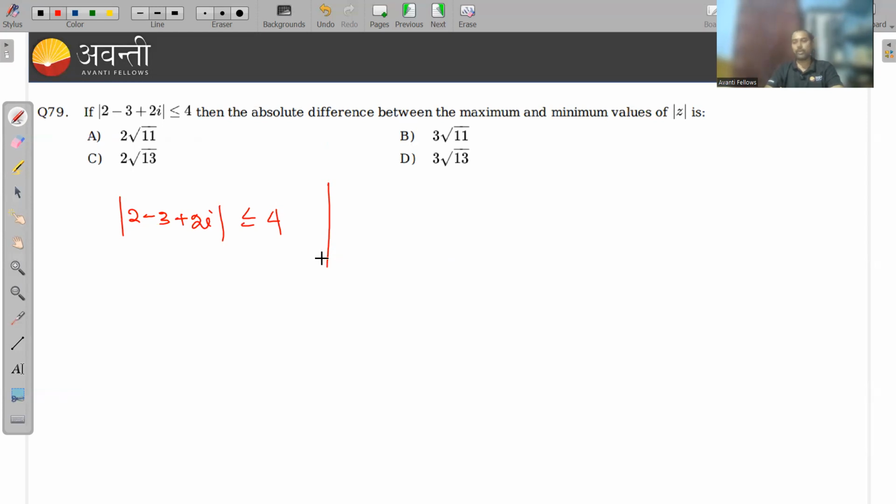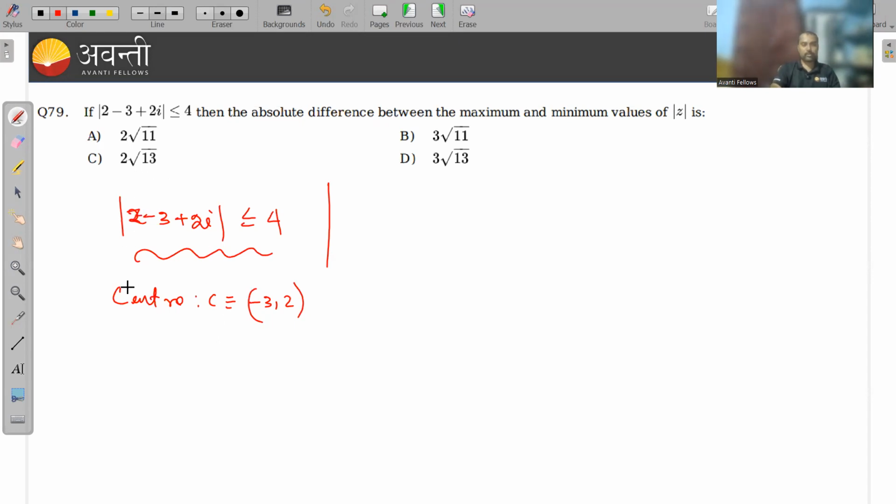कॉम्प्लेक्स नंबर की ज्योमेट्री से पूछा गया है, सो ट्राई टू फाइंड द आंसर, व्हाट इज द एब्सोल्यूट डिफरेंस बिटवीन द मैक्सिमम एंड मिनिमम वैल्यू ऑफ mod z। अच्छा, तो mod z जो है, ये एक रीजन दिया है, दैट इज, ये एक सर्कल की इक्वेशन हो सकती है ना, इसका सेंटर क्या हो जाएगा ना, -3 2 हो गया मेरा।